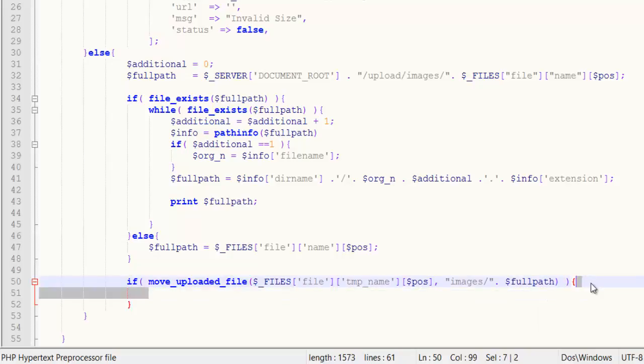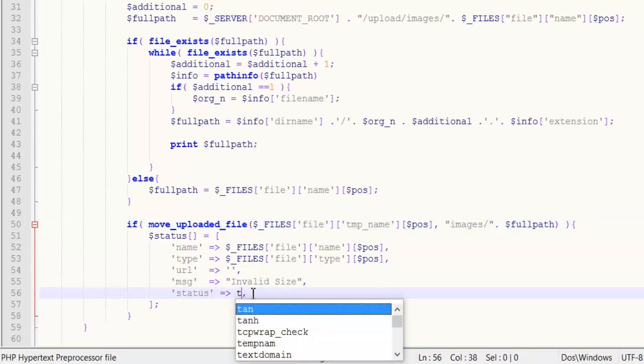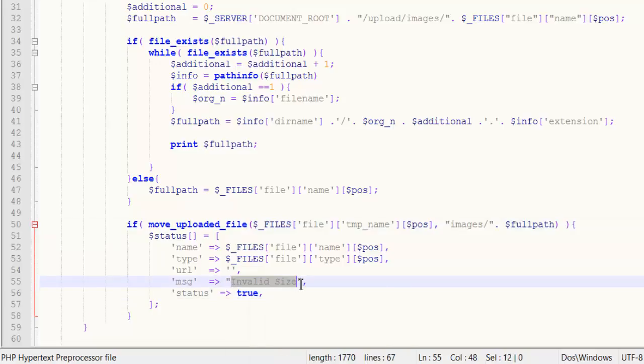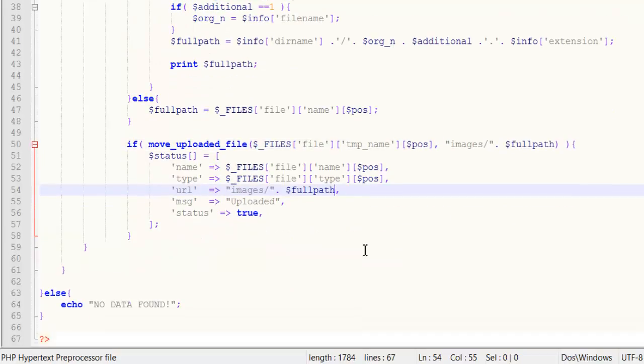Okay, so if the file moved, we will say true and the message would be file uploaded, or anything. This time we will also have to get the file path so we can access it using JavaScript. So for that, echo json_encode